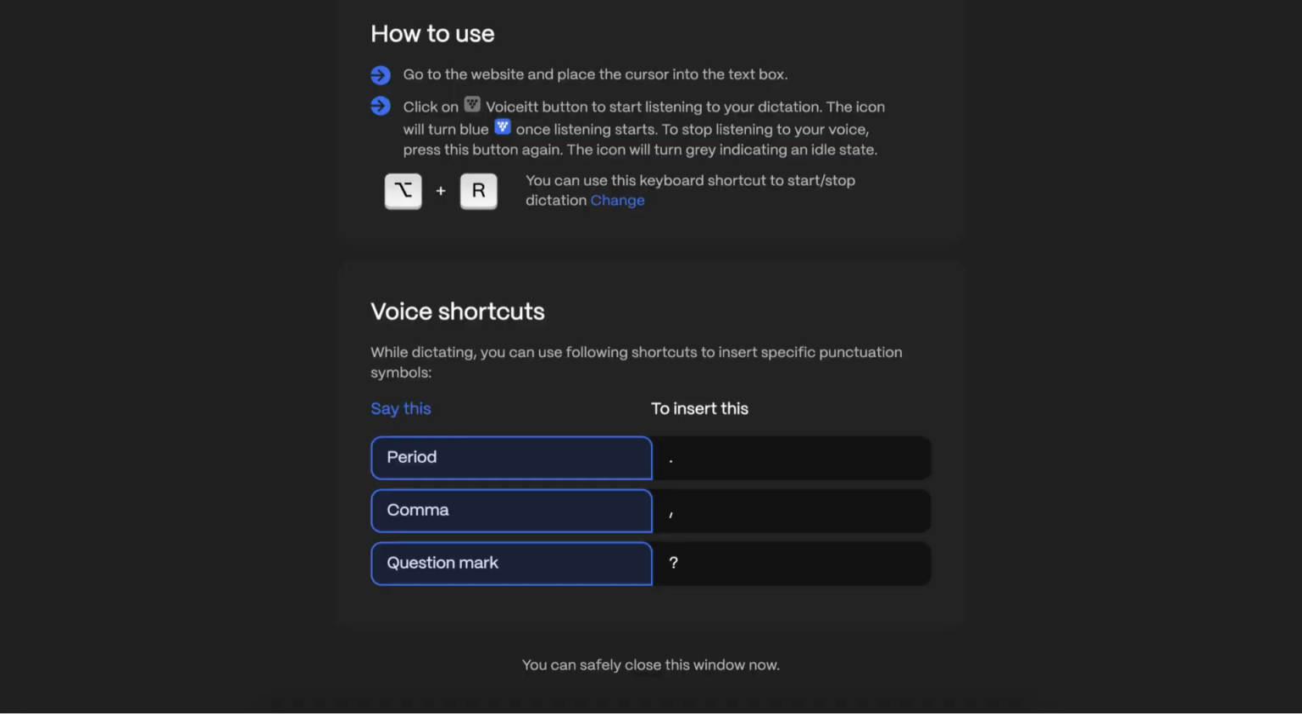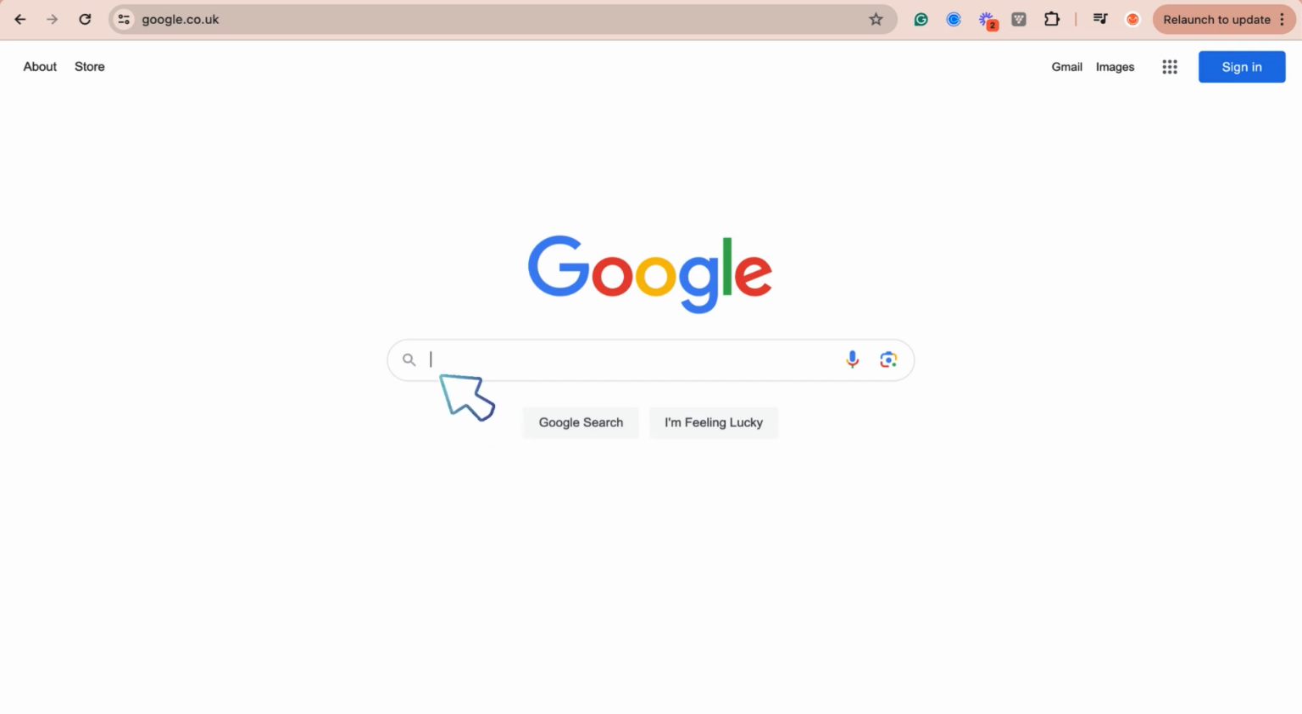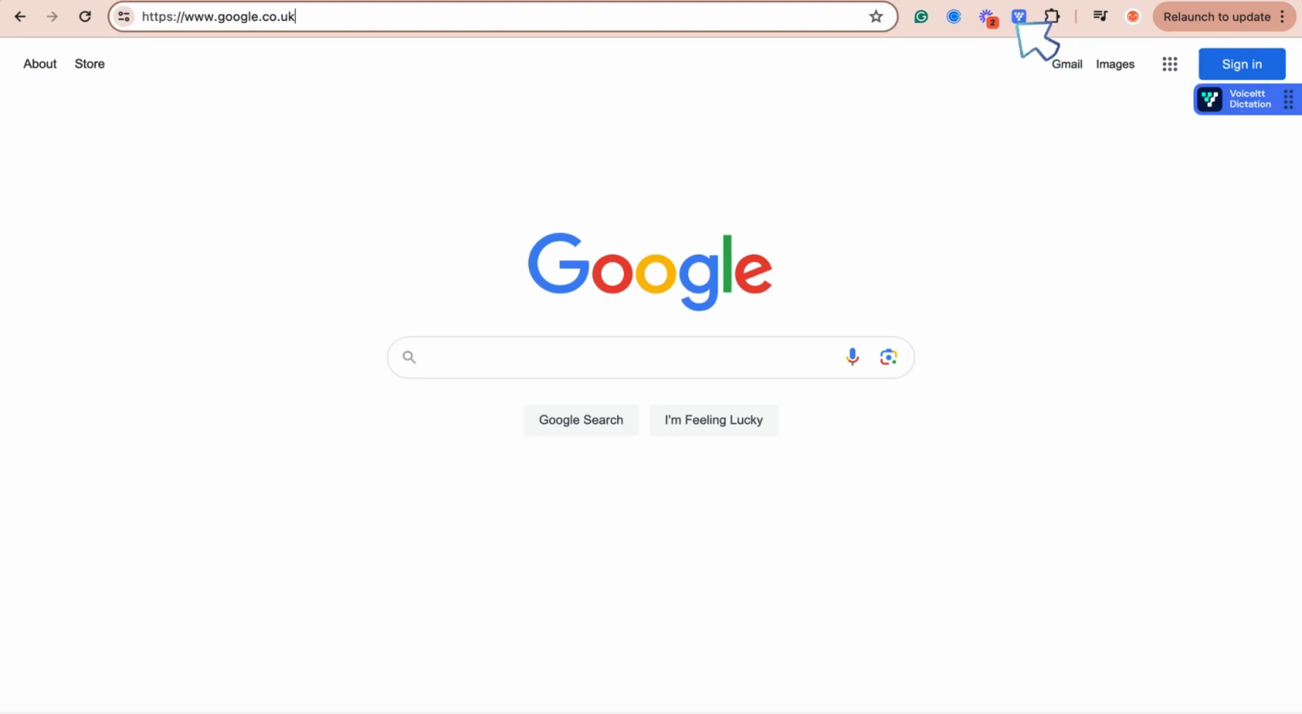Let's explore how to use Voiceitt dictation for Chrome. First, go to a website and place your cursor in the area where you want the text to appear. Turn on Voiceitt dictation for Chrome. You can do this by clicking on the icon in the top right corner of your screen, or by using